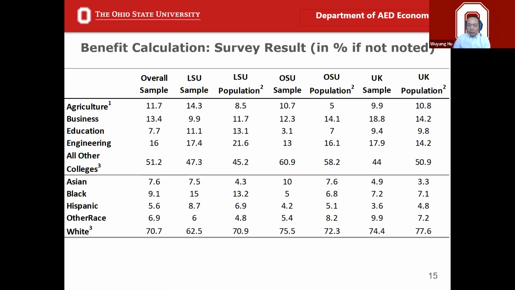This table is not my focus, so I'm not going to spend a whole lot of time. As long as you know that we do have, I would argue, not too bad of a representation of the 3 campuses in terms of student population. You can scan through these numbers.